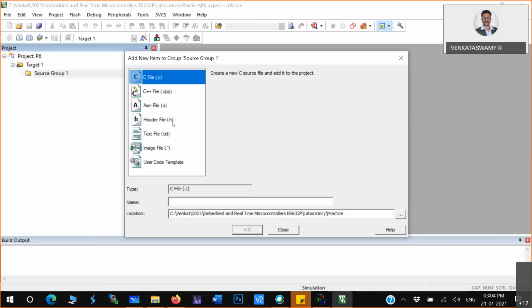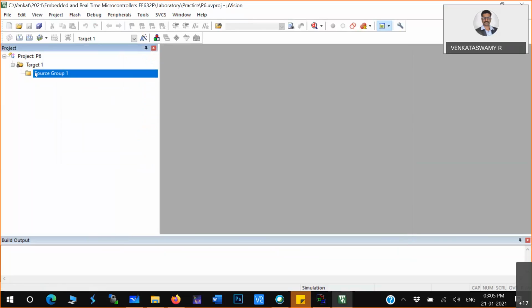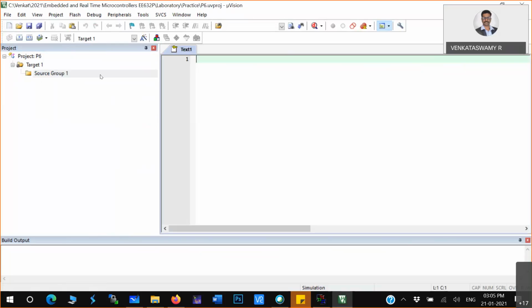Say, for example, an assembly file I want to add. So here there is no option to add an assembly program. Okay, so now let me see. I'll try to create it.